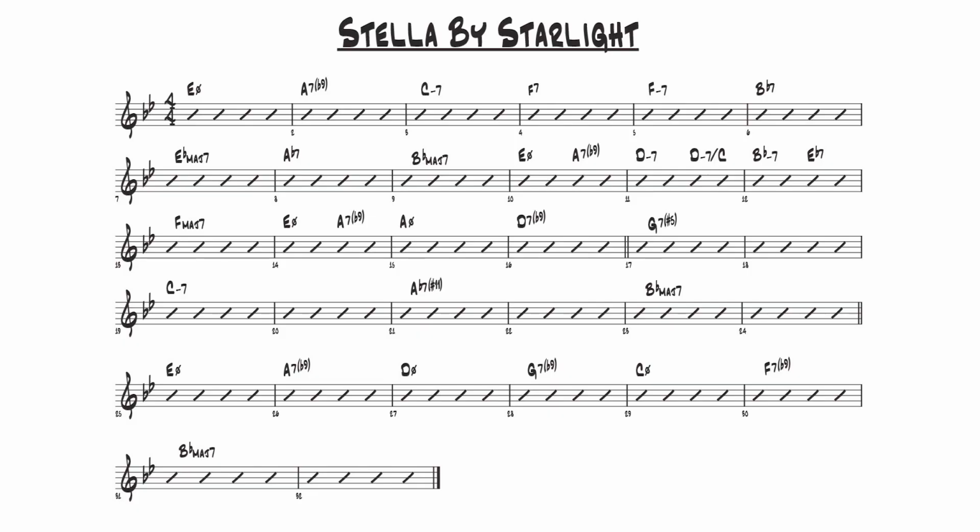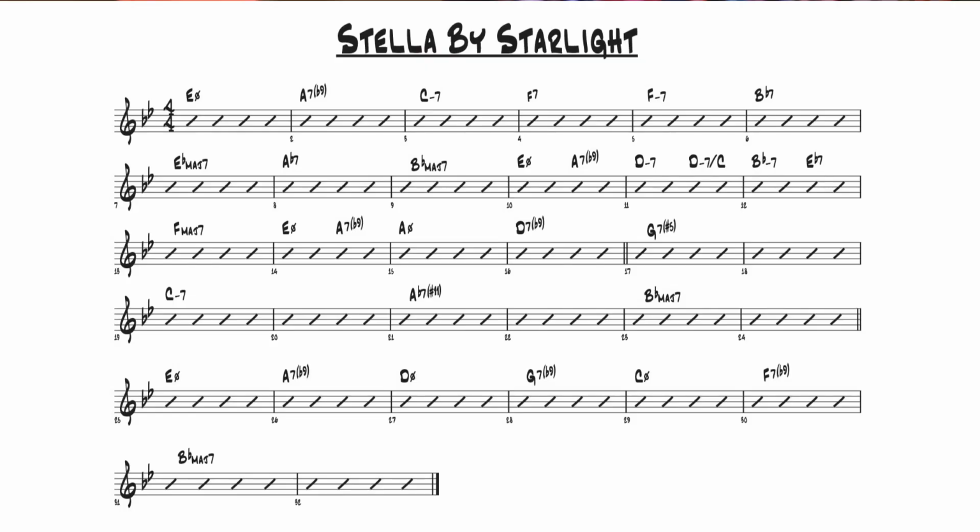So what do you do with all these chords? Well, that's where the 2-5-1s come in handy, because the 2-5-1s come in both major and minor flavors, and Stella starts with a 2-5 in the key of D minor. So E is the second note of the D minor scale. It's the 2. A7 with a flat 9 is the 5. So you can play anything in those first 2 bars in D minor.